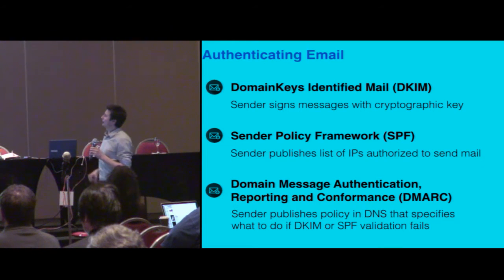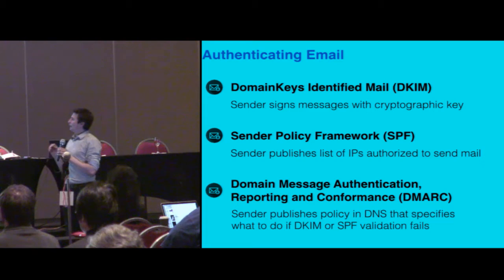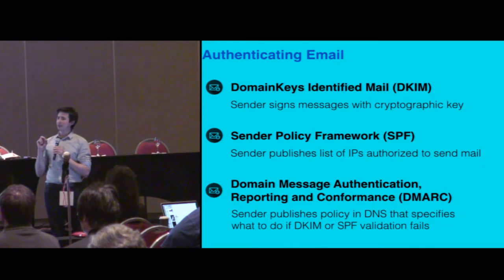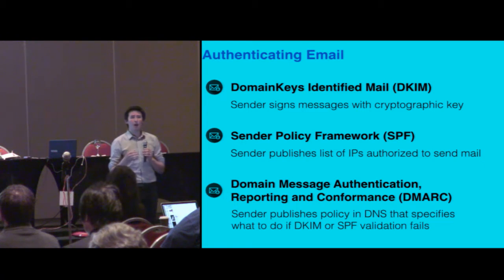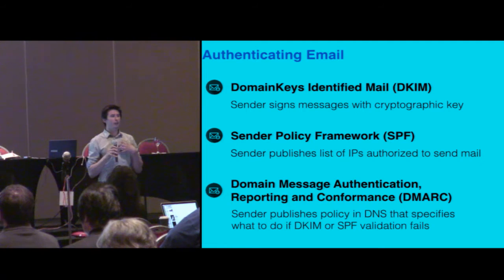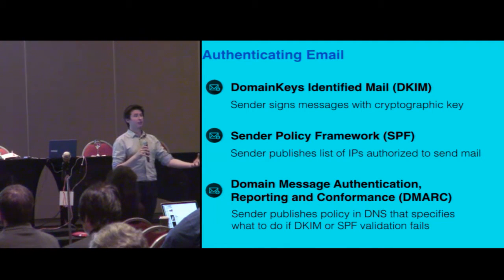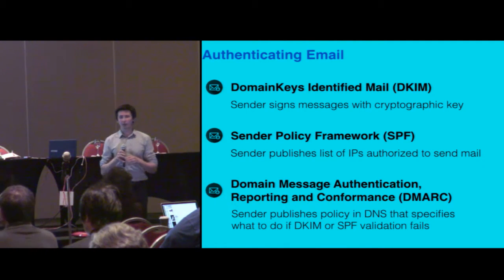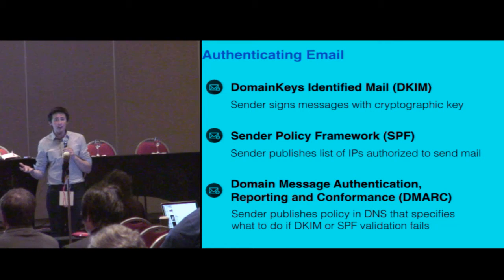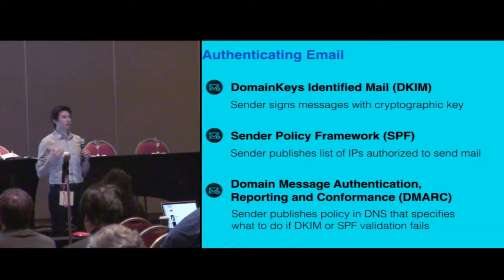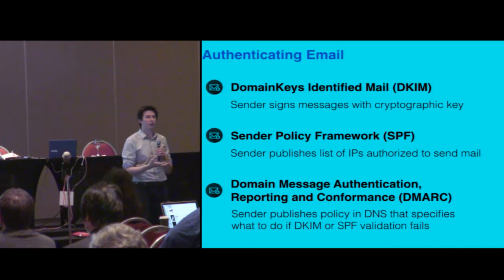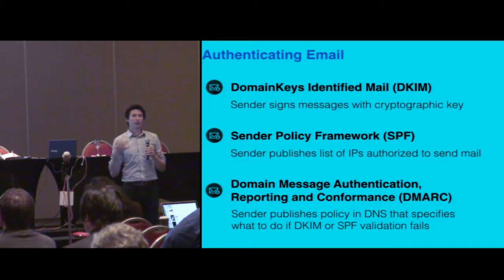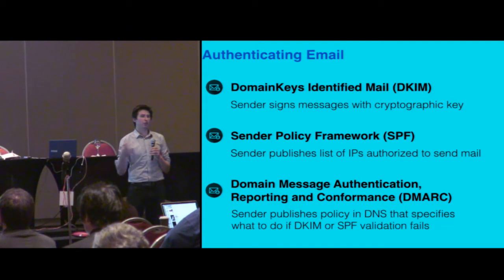DKIM unfortunately has this kind of odd property that each message can essentially designate a different public key or key pair that is used to sign that message. Because of that, there isn't actually a way for the receiver to realize whether that sender should have signed the message. And so essentially, an easy attack here is you just remove the signature. If that receiver hasn't received mail from you before, and isn't paying attention to whether mail from you has been signed before, they don't really have a way of knowing whether that message should have been signed.